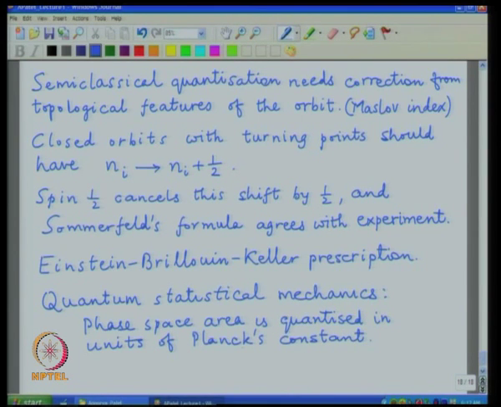It is a reflection of the same principle which we use for quantization of the orbits, because the orbit integral actually measures nothing but the phase space area between those two canonically conjugate variables, and the connection which was stressed a lot by Dirac is